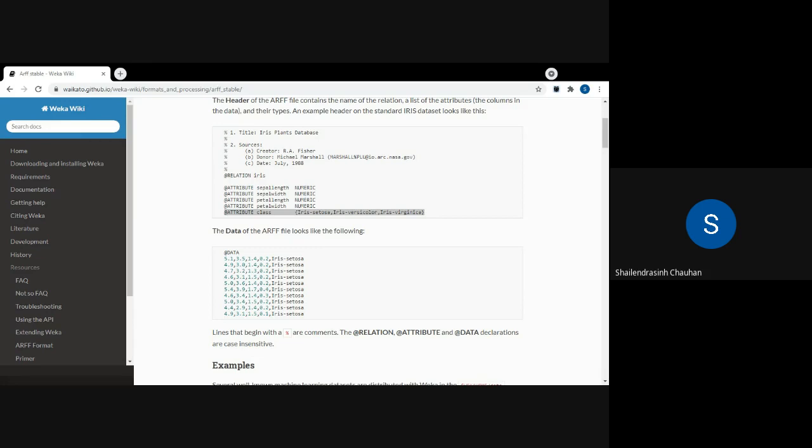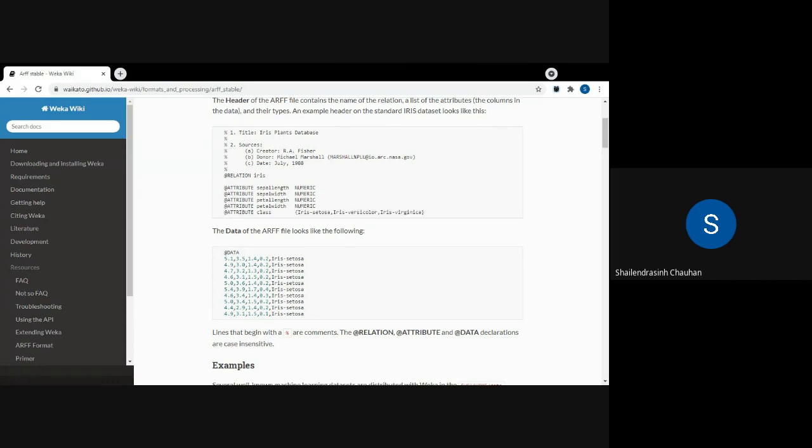That means the temperature can have three values, either hot or mild or cool. These are the fixed values for that attribute. Same way, whenever your attribute will have fixed values and cannot have any other values, you can mention that kind of attribute like this. This is the format for that.